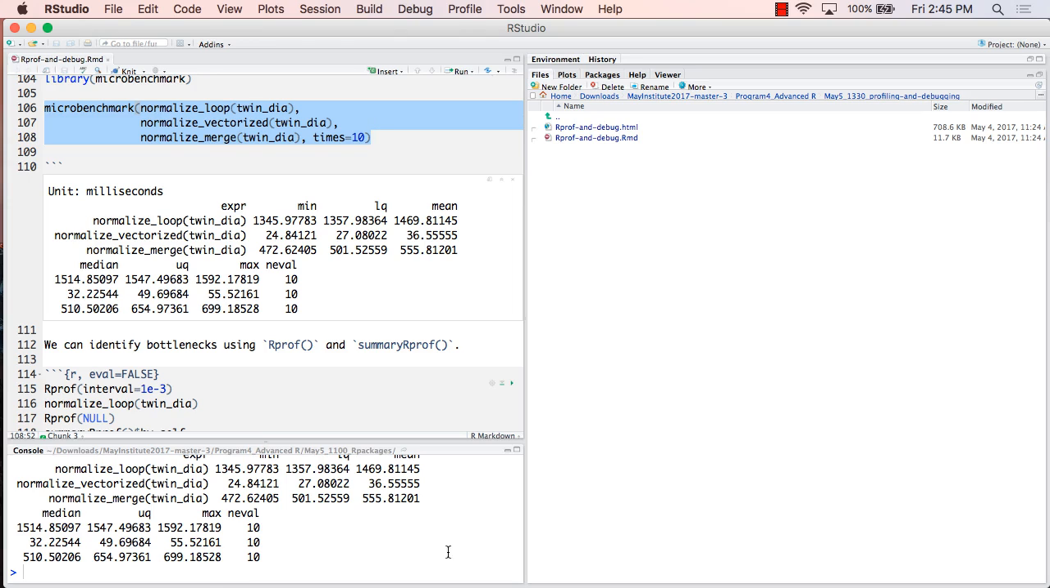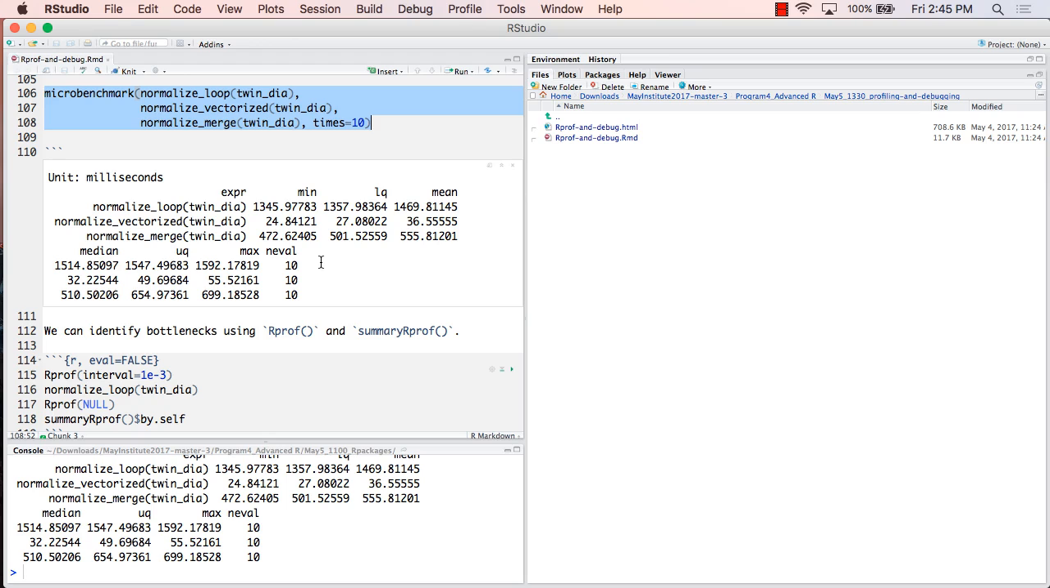So just looking at this, it gives the unit in milliseconds in this case, and we probably primarily want to look at the median, but it'll also give the lower and upper quartiles and the minimum and maximum speed that it took to execute all of these over 10 iterations for each one. So we can see here that the for loop version took significantly longer than all of the other versions. It took 3 times longer than the merge version, and the fastest version was this vectorized approach,